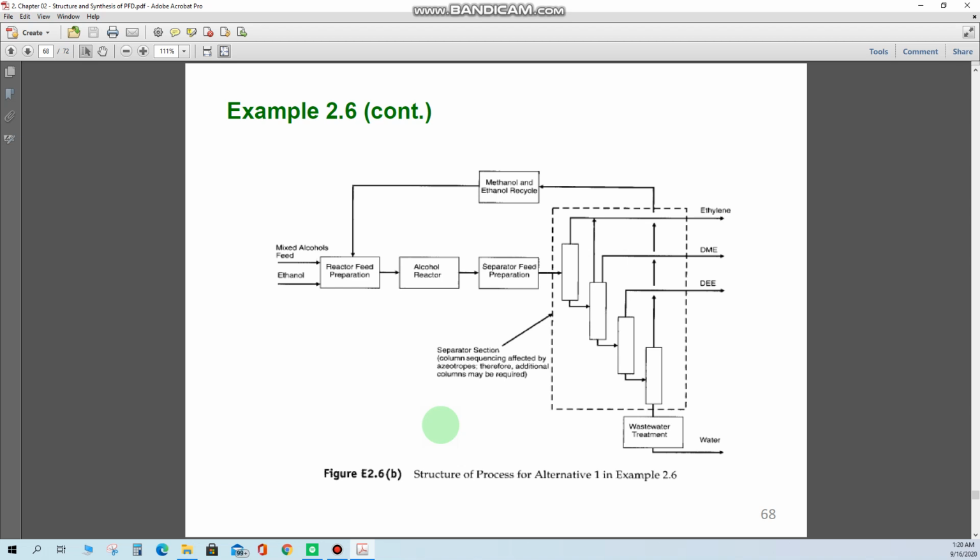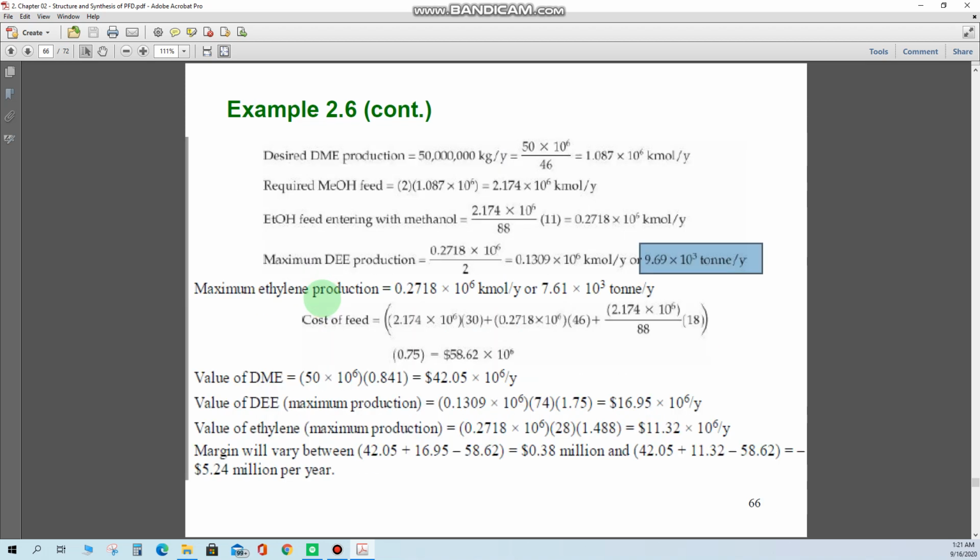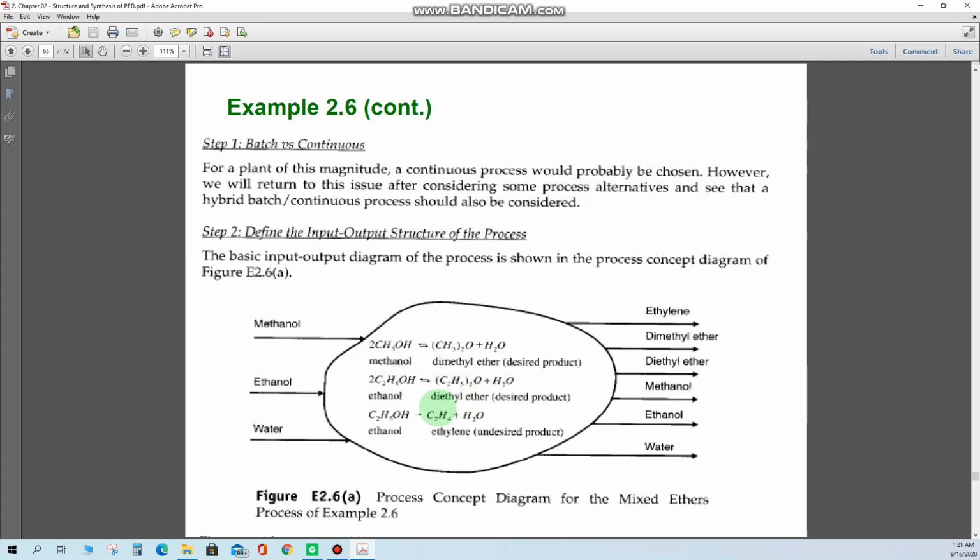Now, what kind of process alternatives can be used to optimize this process? First, we know that methanol, ethanol, and all of these chemicals are being produced from the system. So the first alternative that we can make here is to recycle the stream of the methanol and ethanol back into the process. If you look at this process, we can have mixed streams and ethanol, and we are just putting some additional ethanol into the process, and we want to see that if we are putting more ethanol into the process, maybe we can have this second reaction.